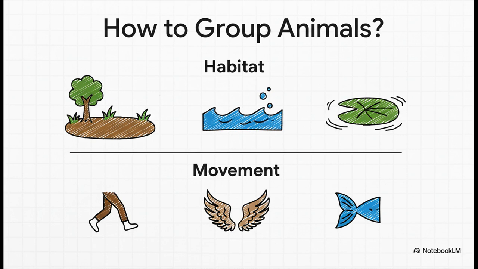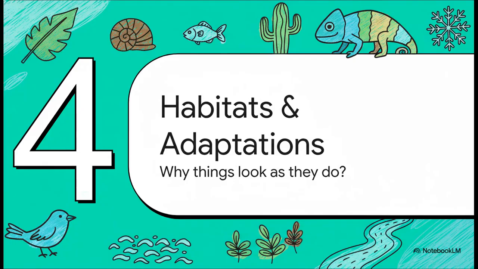First, where do they live? Is it on land? We call that terrestrial. In water? That's aquatic. Or maybe both. Then they're amphibians. Second, how do they move? Do they walk, fly, or swim? See? Super simple. Now we come to what I think is the most fascinating part of this whole chapter: habitats